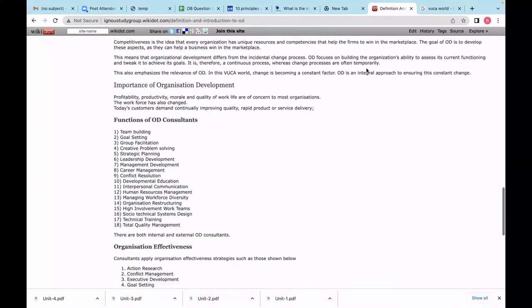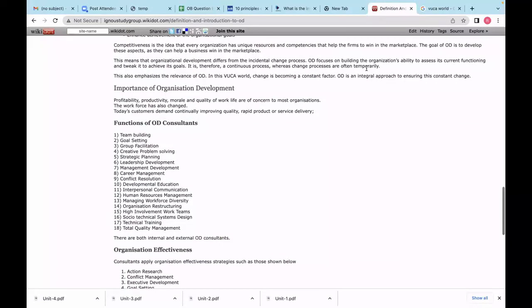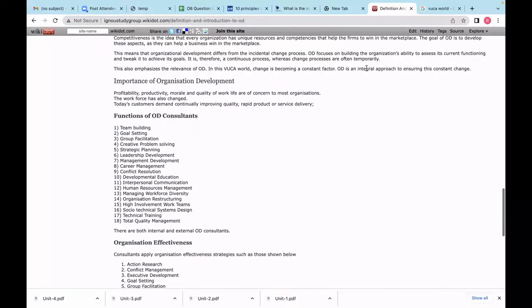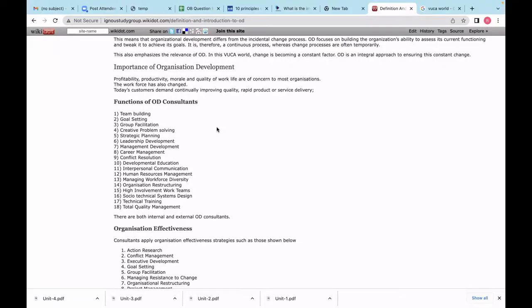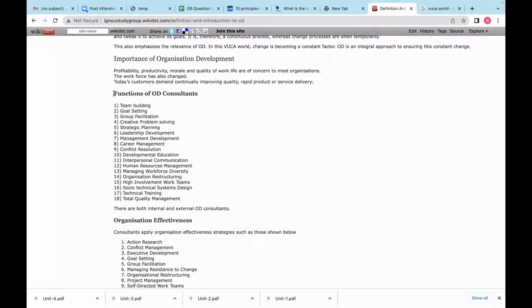So it's a continuous process. That is what it is, so that it stays relevant in this VUCA world. So this is what the goals are. Now we are going into functions. Here, what it is supposed to do. So functions of